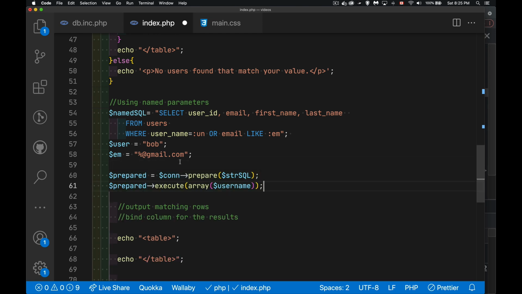So paste them in here. And let's call this named instead of prepared, just so we've got a different variable name for each one. I'm going to pass in here an array, same as before, but instead of just saying, here's value 0, here's value 1, here's value 2,